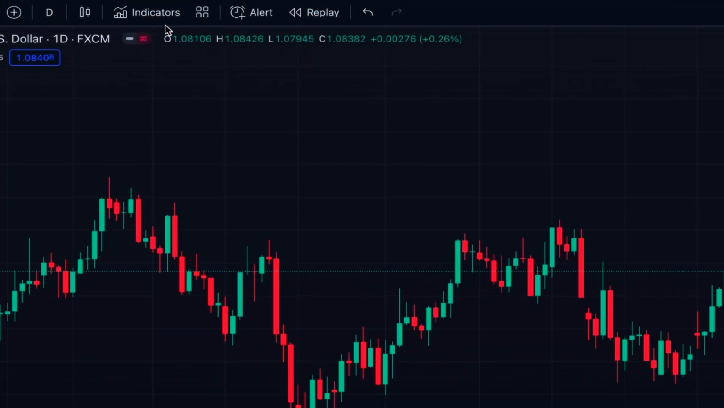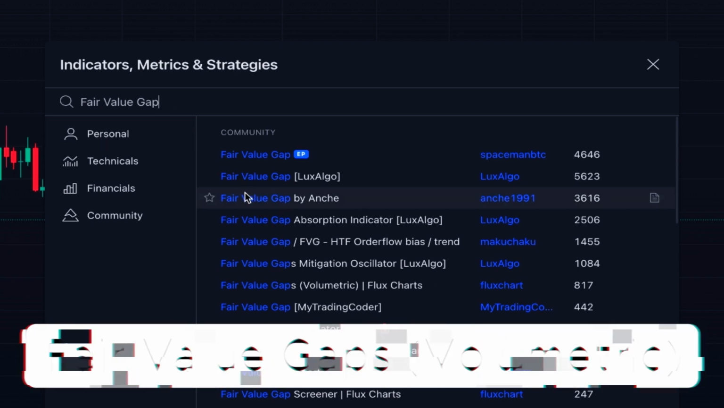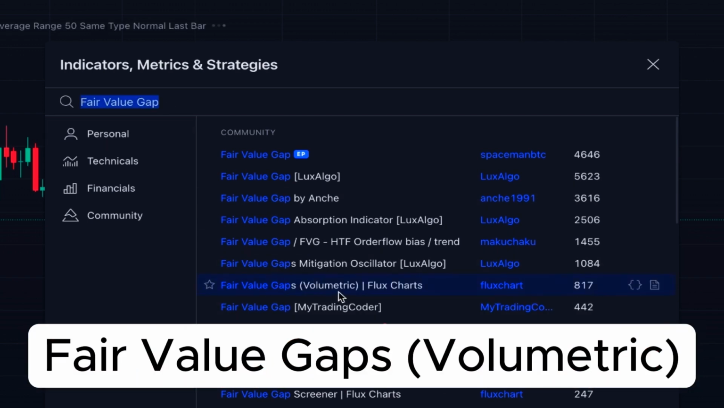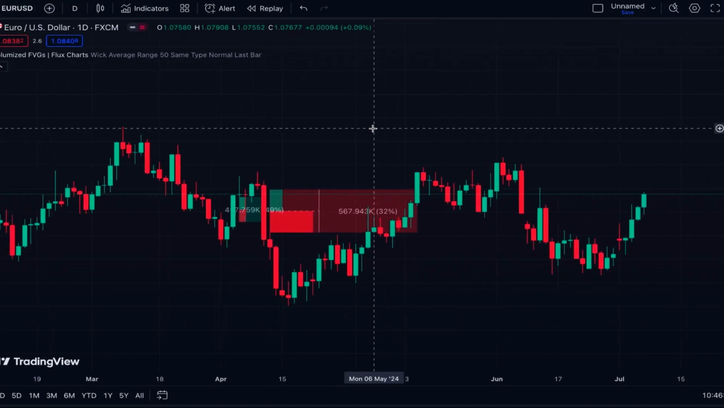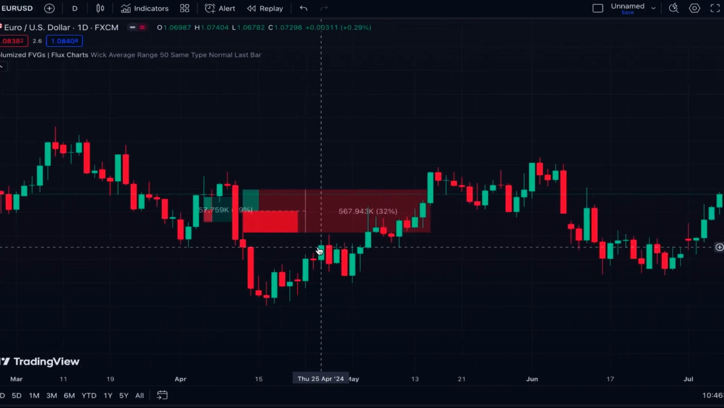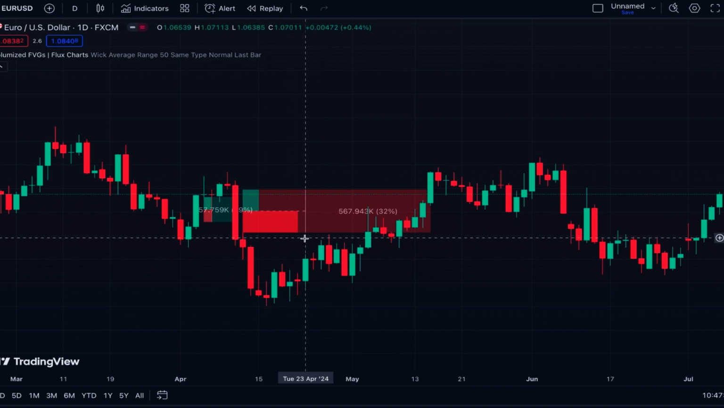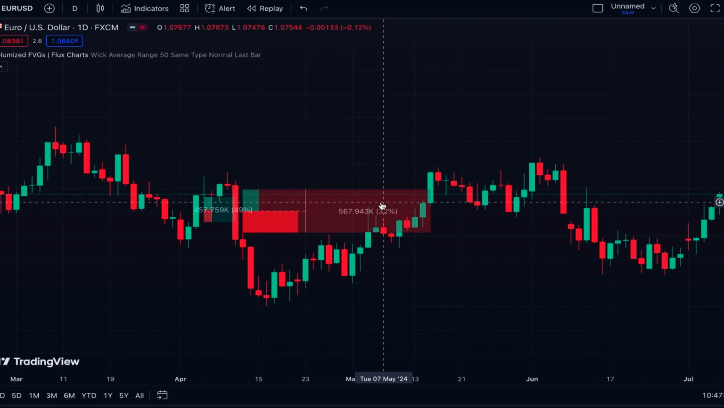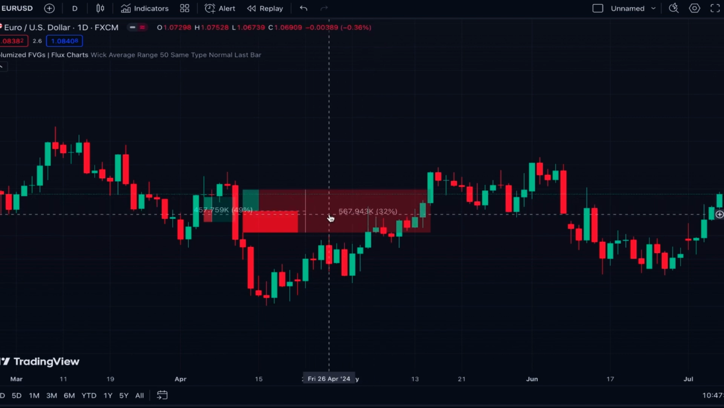The next fair value gap that I want to introduce is this one, fair value gaps volumetric, which is written by Flux chart. This indicator also helps you in identifying fair value gaps on the chart, but the excellent feature of this indicator is that it gives us volumetric information about the fair value gaps that it identifies. The indicator provides information about total volume for the fair value gap, so you can relatively compare it with other fair value gaps or the average volume that you have with fair value gaps on your chart,